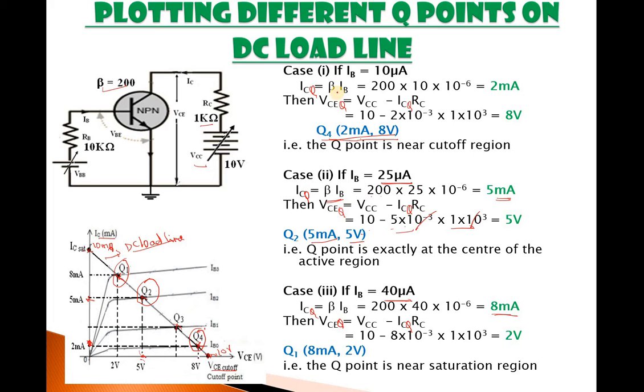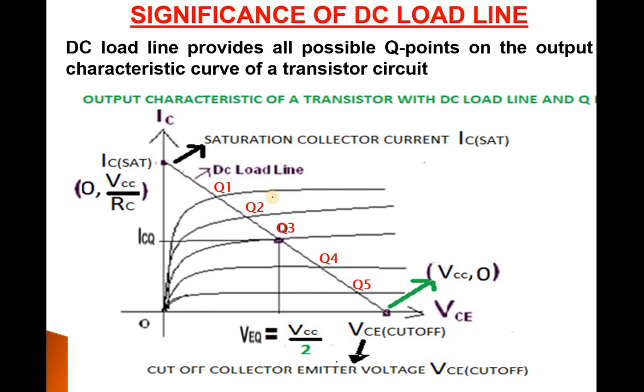But you know very well, everywhere beta matters, and whenever I change this transistor due to any reason, the beta value also will change. When the beta value changes, the Q point will not remain the same, because ICQ as well as VCEQ depend on this beta value. So this is a major drawback of this two-source method. To avoid this, we go for a different biasing method.